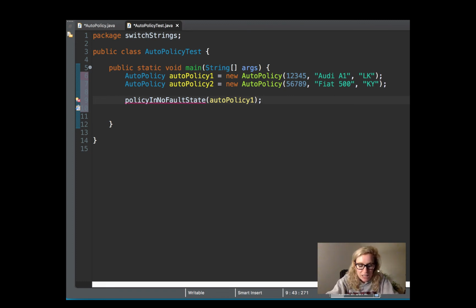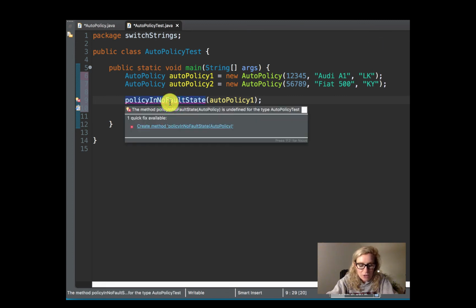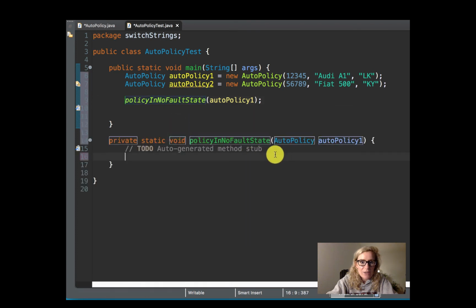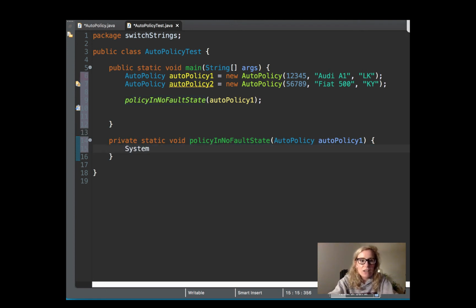Now, this is just looking at policy. This isn't created just yet. We're going to create it in the next part. So if we take a look here, you can click on it and it says create method, and you can create it and it does it automatically, so you don't need to do any typing or anything. So now we can just go